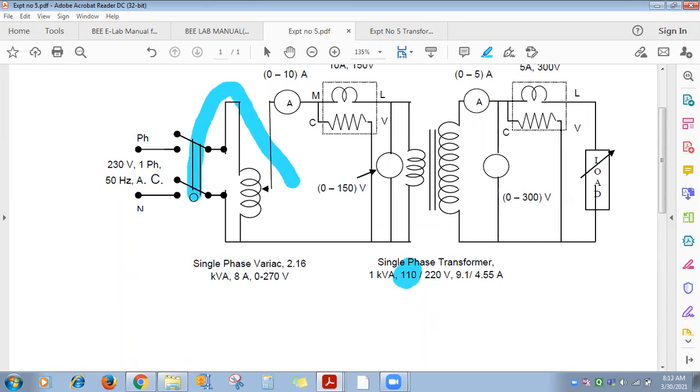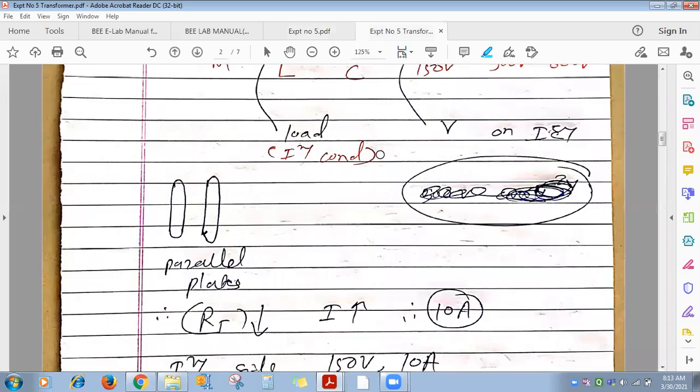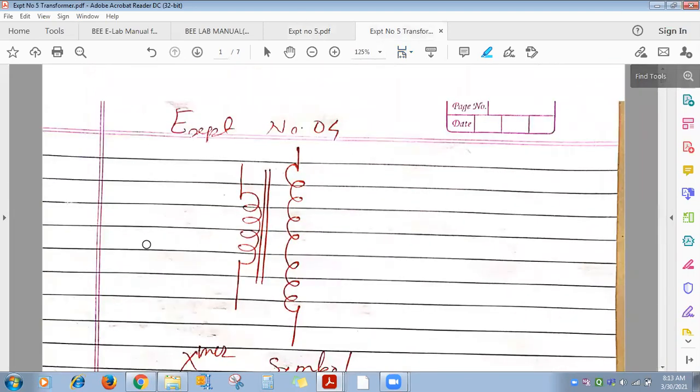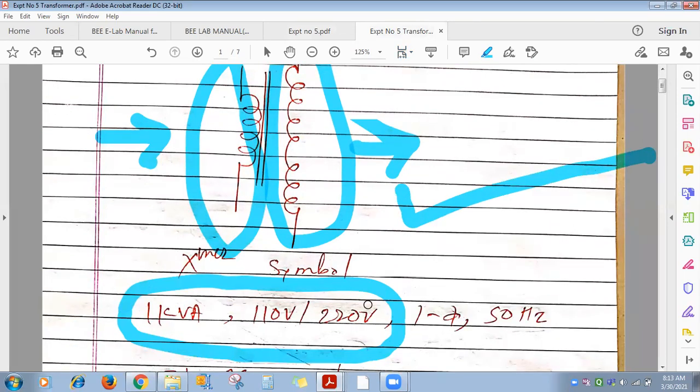So see here, an auto transformer is connected. This one is a single phase variac. An auto transformer is also called a variac and a rheostat. For an auto transformer, input is AC, output is AC. Now the transformer we have seen, its input is AC, output is also AC. It works only on AC. How many windings are there? Primary winding and secondary winding, with N1 and N2 number of turns. So here you find 2 windings, and a transformer is used to step up and step down the voltage. Across its secondary you will get a fixed voltage, with plus minus 5% tolerance.